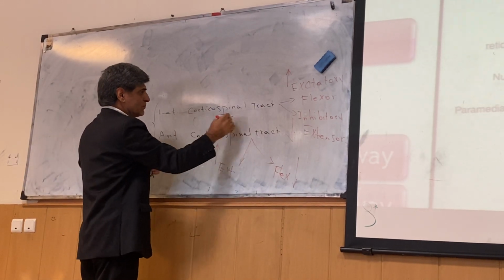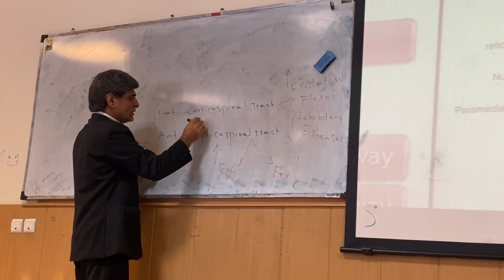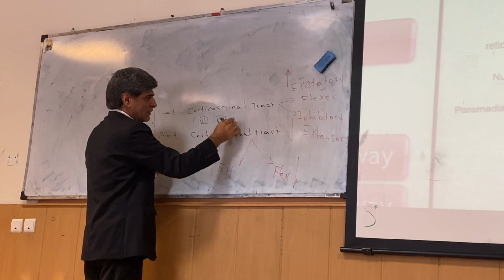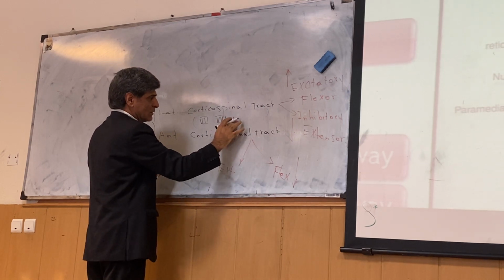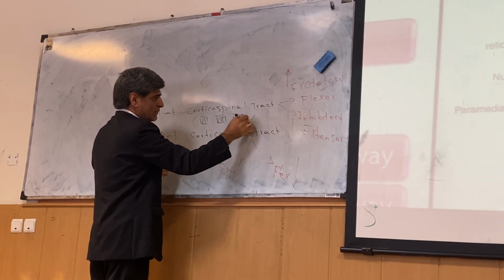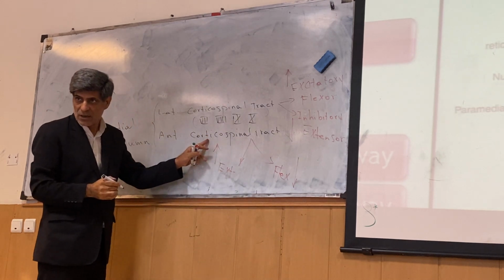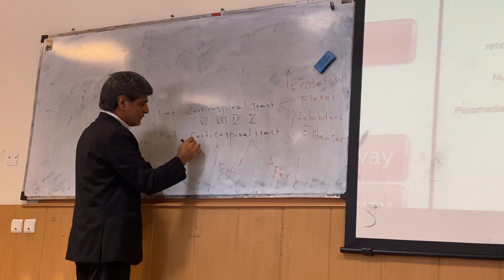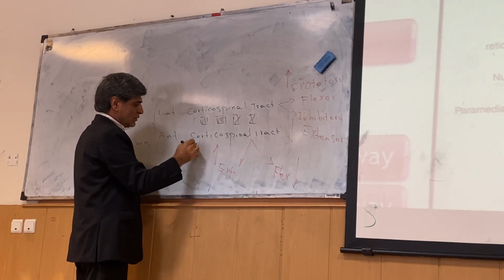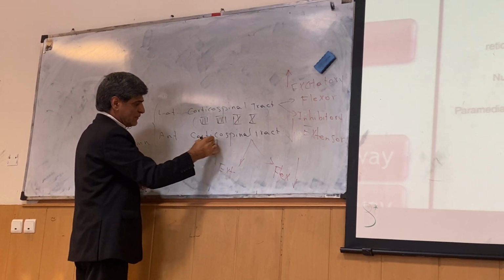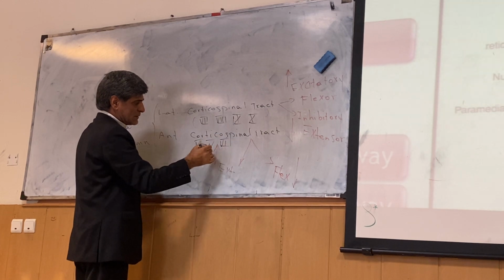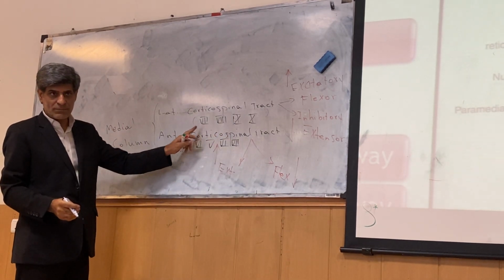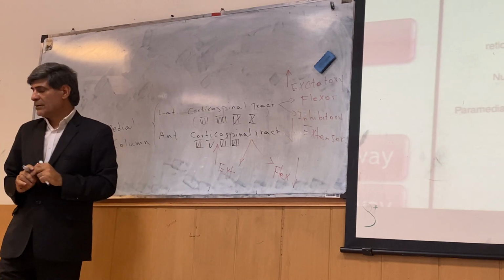Corticospinal synaptic by V7, V8, V9, V10 lamina. Synaptic by V and synaptic by V4, V5, V6 and V7. Okay, synaptic. And another part,